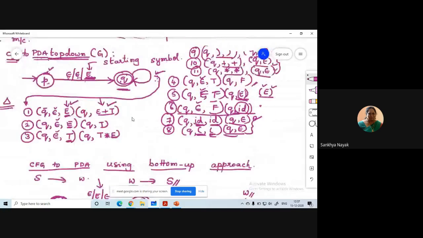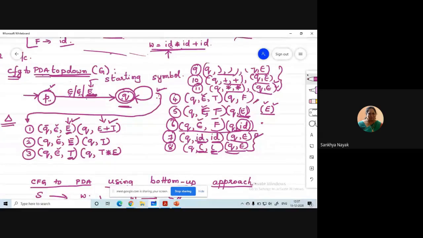And if you take top down, you can see all terminals are popped and you get matching. Otherwise, replacement in the stack is in the reverse order. That is, the left hand side is replaced with the right hand side. Okay. So I'll stop for now. In the next class,